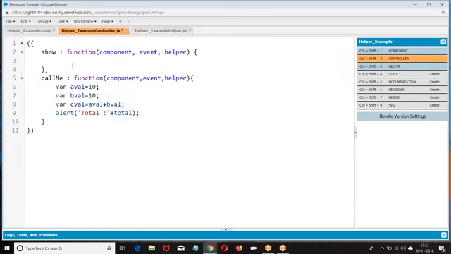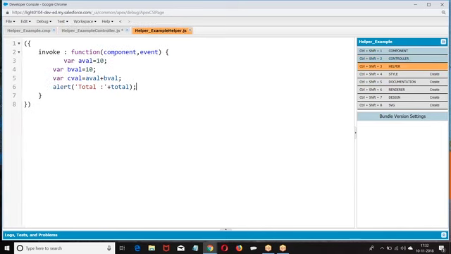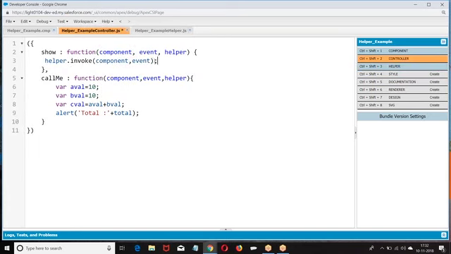So what I am doing here is simply calling helper.invoke component. It is not necessary that you have to pass event and component. Whichever data you want to pass, you can pass it. I don't want an event here.